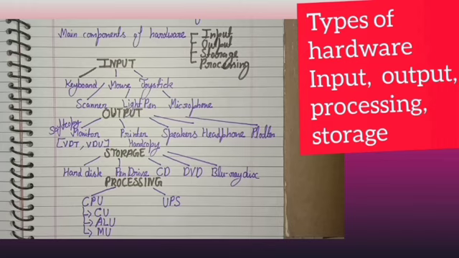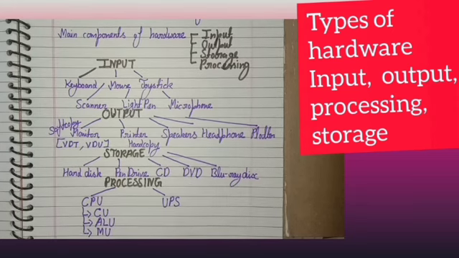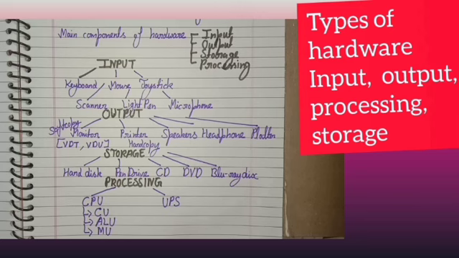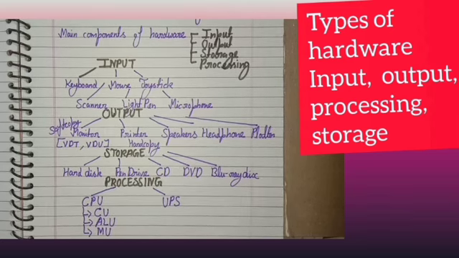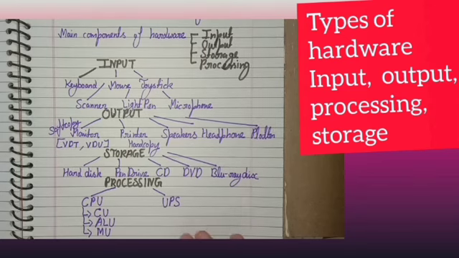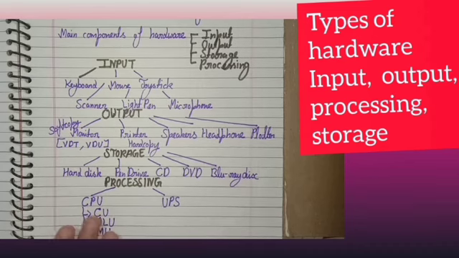It manages all the operations of a computer, whether the input devices are working properly or not, output devices are working properly or not. Then second is arithmetic and logic unit. Whenever we work with data in mathematical or logical form, all such data is processed by ALU. And then there is memory unit. It stores information temporarily and permanently. So CPU has three parts.